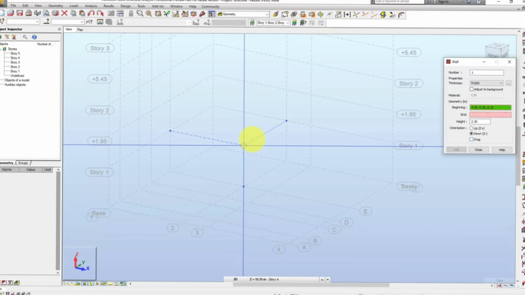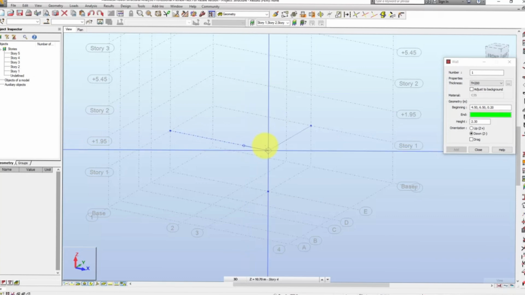Use the beginning and end values in the wall dialog to guide the points you pick. The elevator shaft is comprised of 2 walls. The first wall should have the beginning geometry of 4.5, 6.5, and 0.2, and the ending geometry of 6, 6.5,